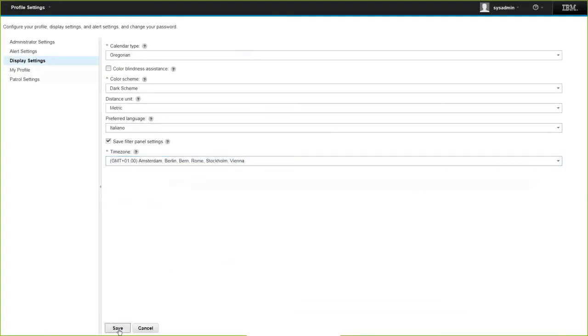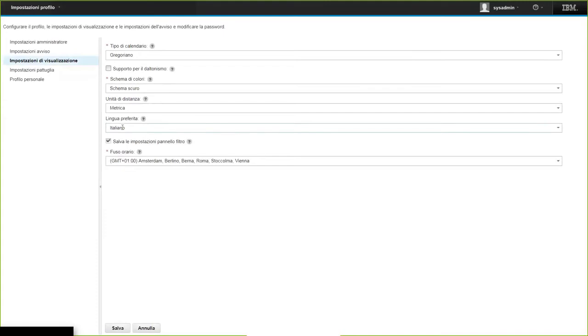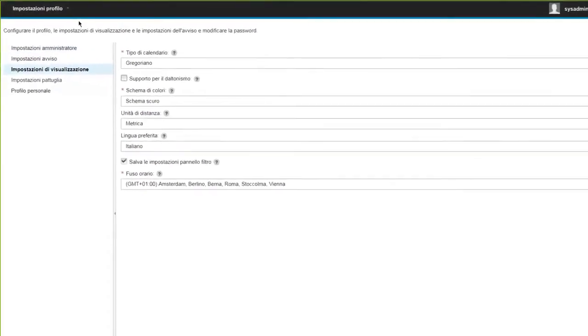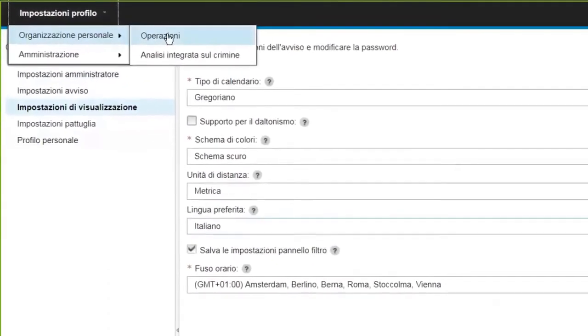On having saved those changes, you should be able to see the reload page button, and then everything is visible in Italian. You can confirm the same from the operations page or operazioni page,